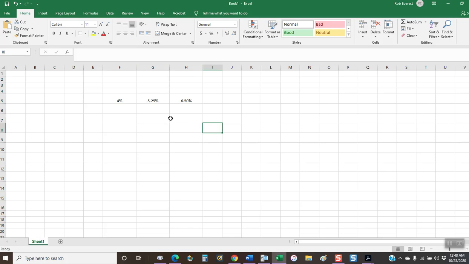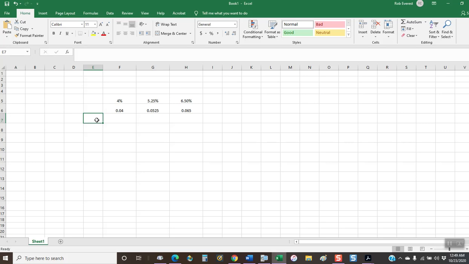justified. Below this, I'm going to type the decimal form of each of these percents: 0.04, 0.0525, and I do have to cursor to the right, 0.065. And that's because I want those values to either be accessed in a chart potentially, or be somehow referenced for someone who's looking at this and understanding the values that go into the